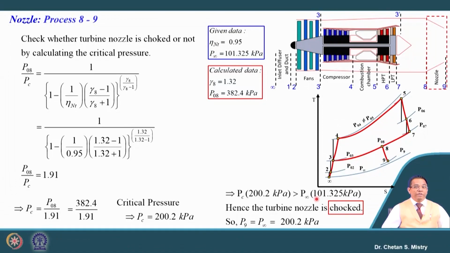So, my nozzle will be working under choke condition. Again, all these things in terms of choking and unchoking we have discussed in week 2. So, those who are moving straight towards week 8, just revisit week 2 for clarity and understanding. That is the reason here my exit pressure will be equal to the critical pressure, and that is 202.200